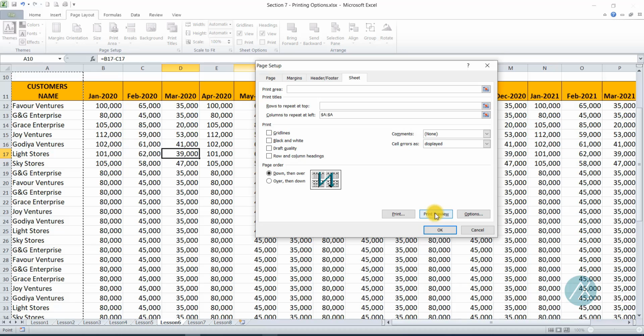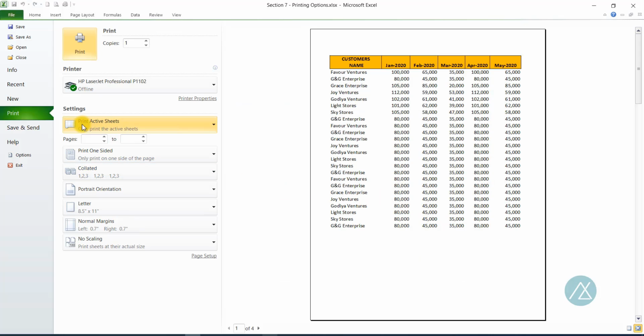When you're done, just click on print preview. Let's see the effect of this on our work. Now our worksheet is in 4 pages because we are repeating one column on all the pages. So it has increased the pages to 4, which is okay as long as your readers can understand the data